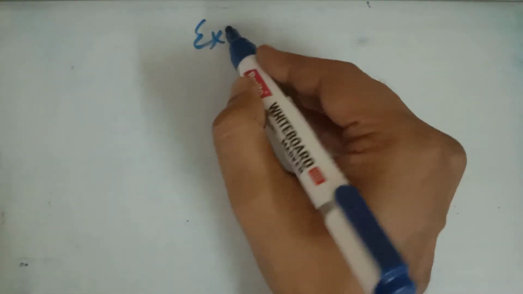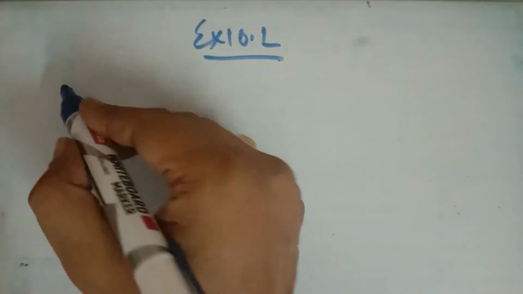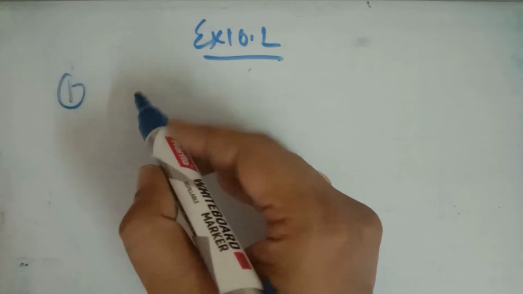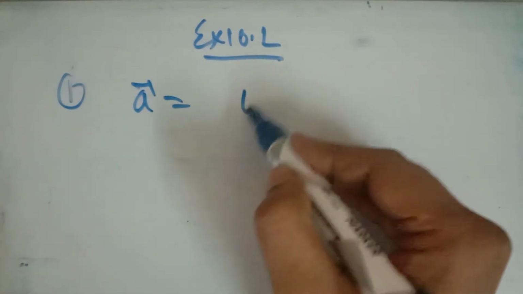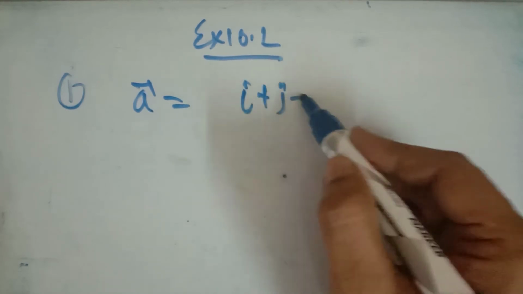Now after that we have the exercise 10.2. Now what does this exercise 10.2 say in question number 1? It is a very easy exercise. The concept we have already done in the first and second lectures. The first question of this exercise says, compute the magnitude of the following vectors. So the vector is given. What is it? i cap plus j cap plus k cap.